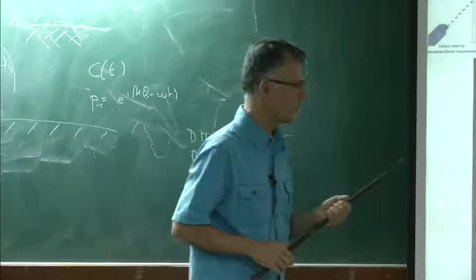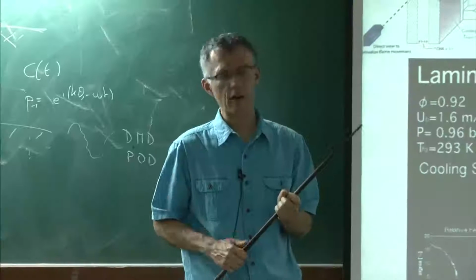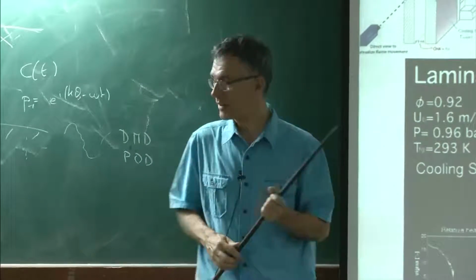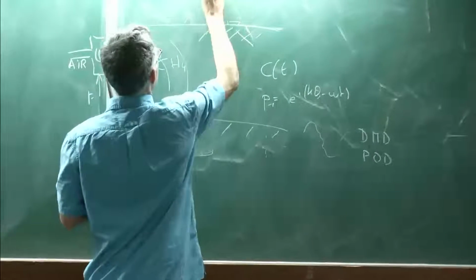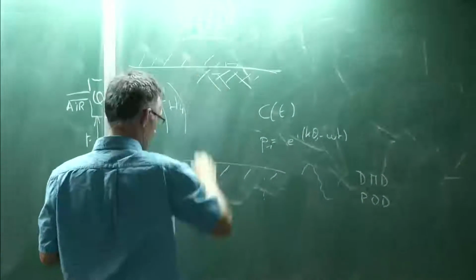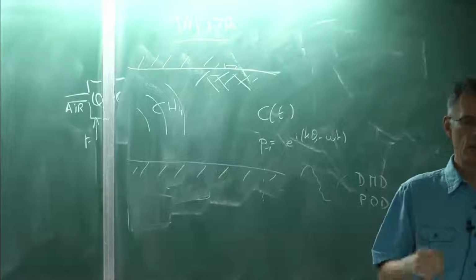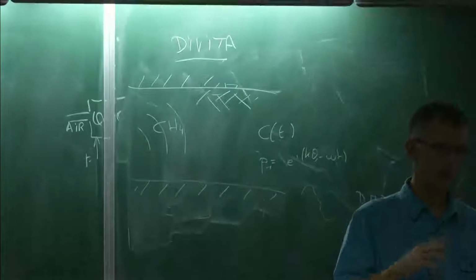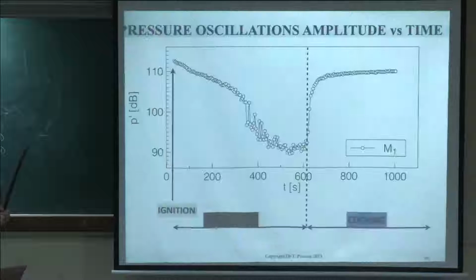There are fundamental reasons for that. There's a guy in the Siemens group, well, Ansaldo actually, I should say. It's not Siemens in that case. Ansaldo group in Italy called Di Vita, and he has a big theory on that. And the theory basically says that if the walls of a combustor are cold, you're more likely to have unstable modes. And it's related to the Rayleigh criterion. Our experiment seems to suggest the same thing.